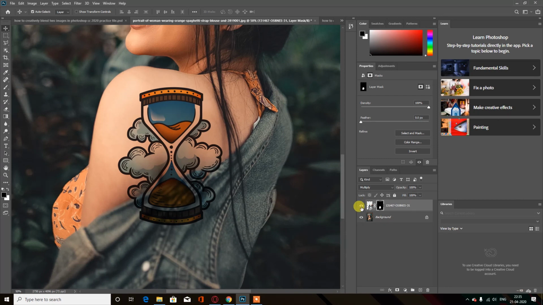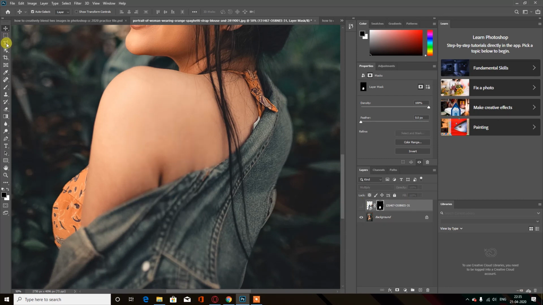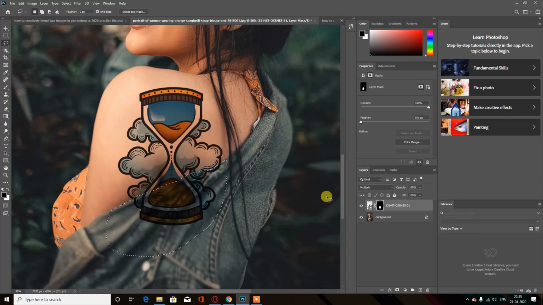For that, turn off the layer, and with the polygonal lasso tool or the simple lasso tool, I am going to make the selection. I am making a rough selection, but you can refine it more. So here we have it.